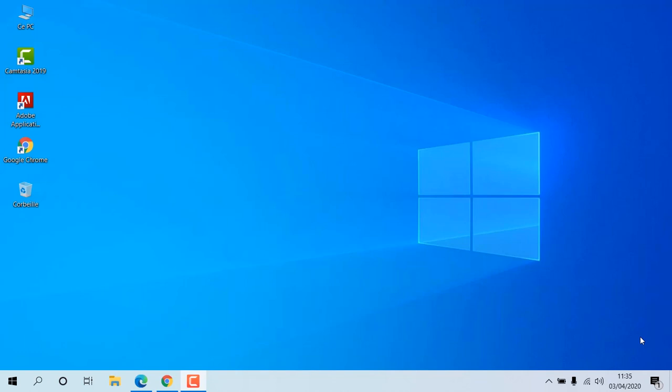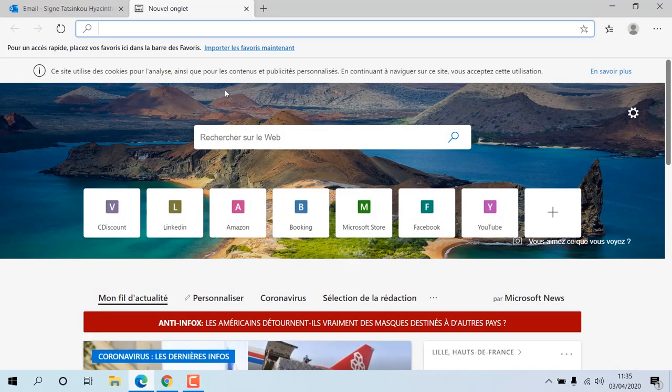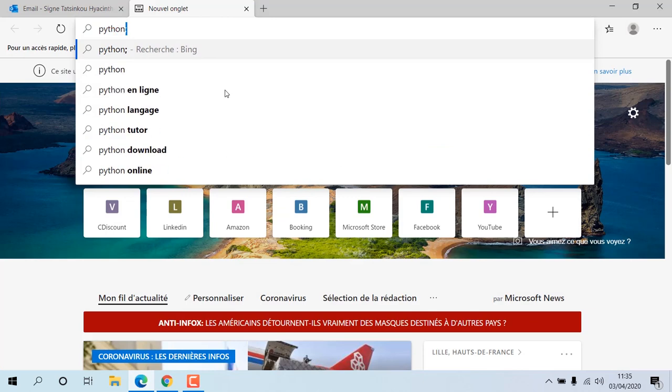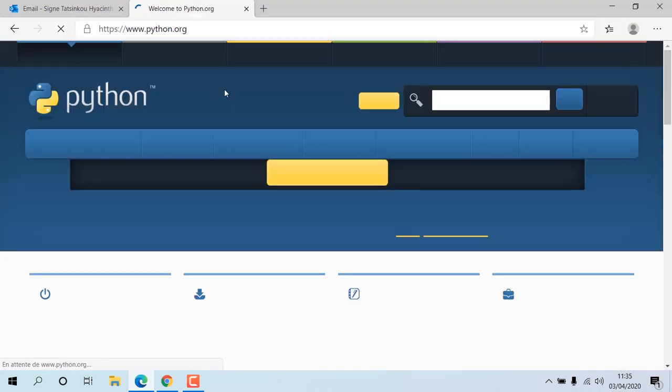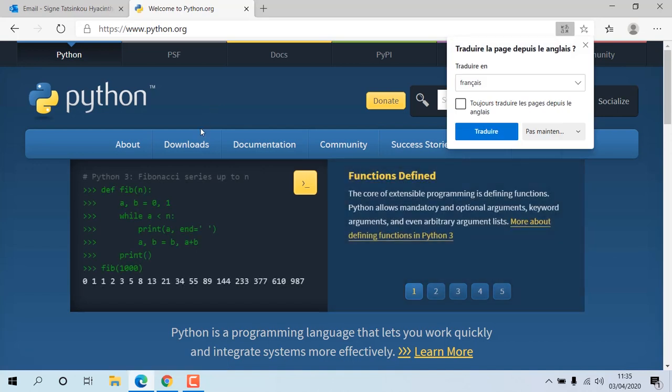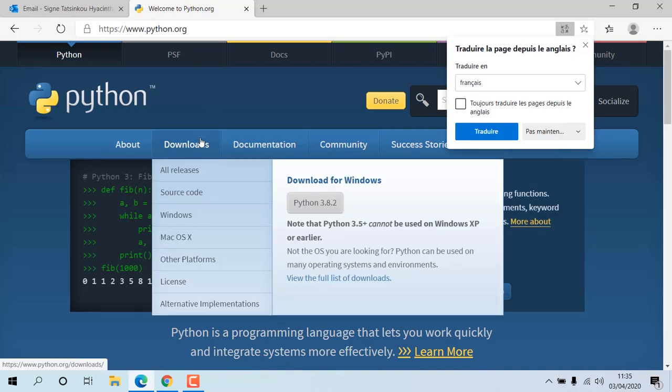Python is an open source programming language. To install it, you have to go to the browser and type python.org. Once you are on the official website of Python, you can go to